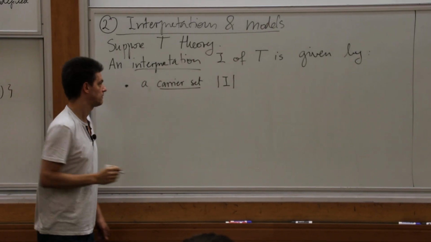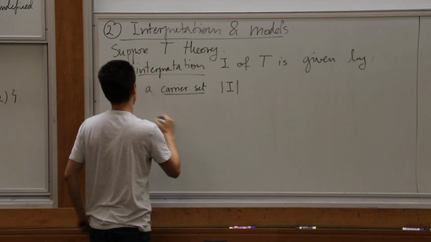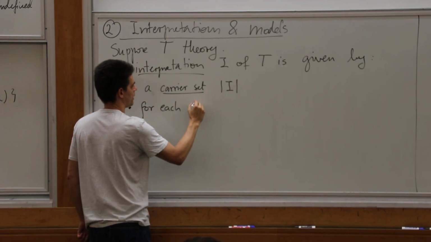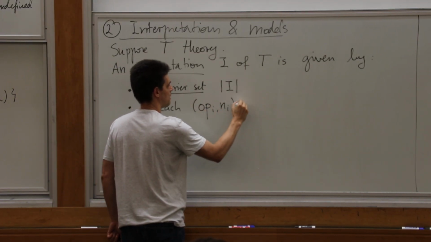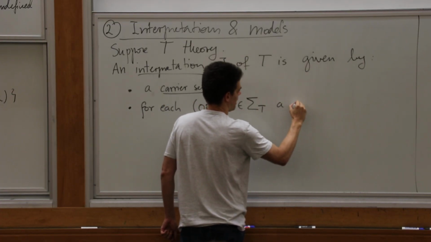The carrier set has the carrier set, which is like the absolute value of I. And for each operation, so if I have an operation of arity n in the signature of T, a map,